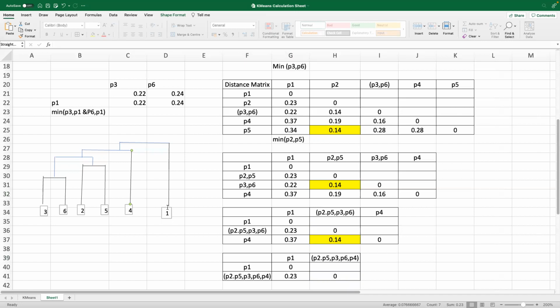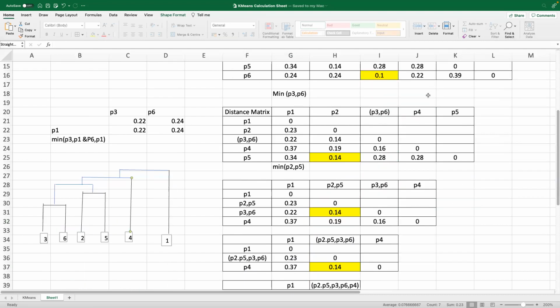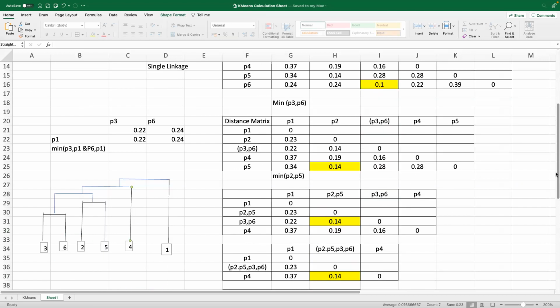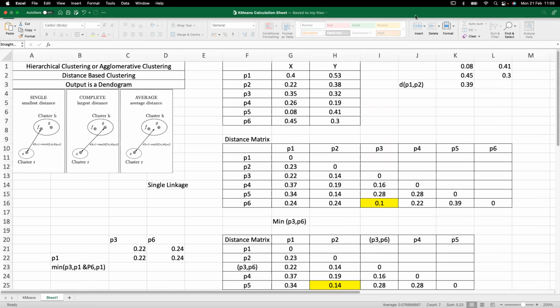Got it, all of you? This is hierarchical clustering based on the clustered dendrogram. So this is the output. You will get this as the final output, the clustered dendrogram. Got it? Now you can